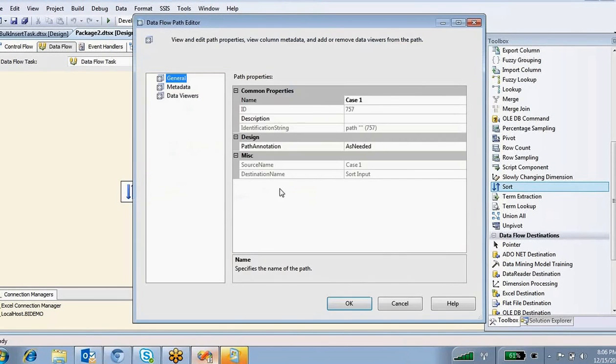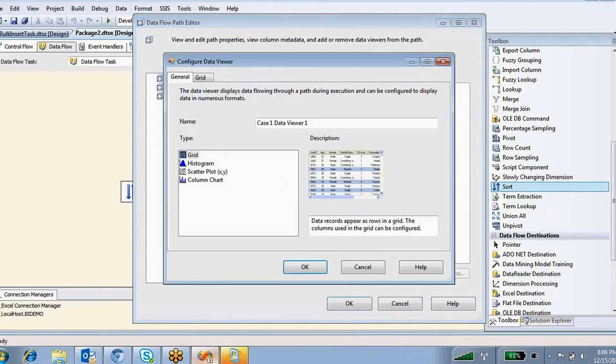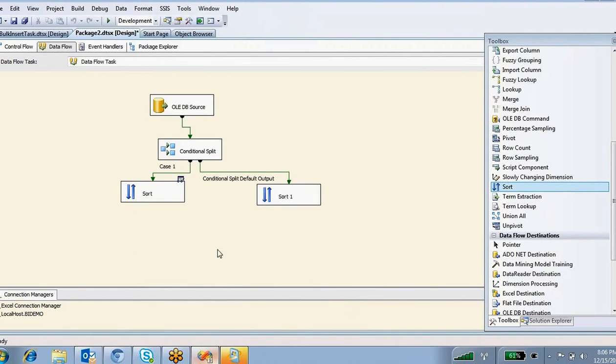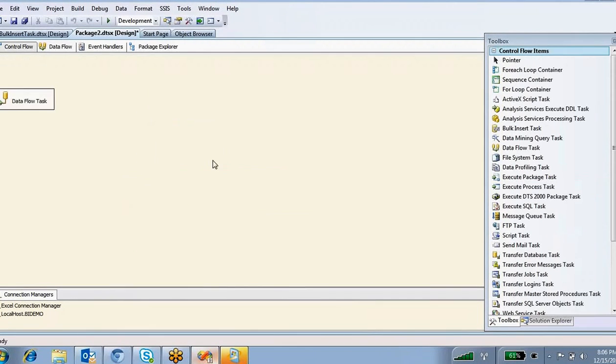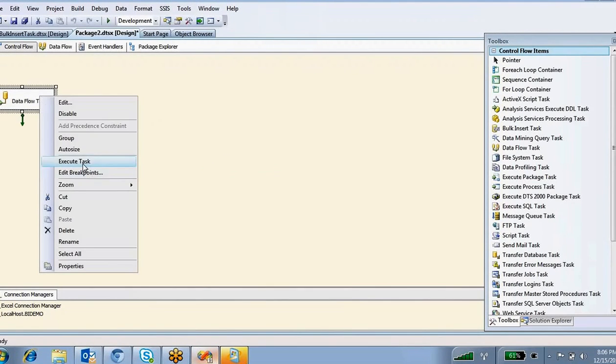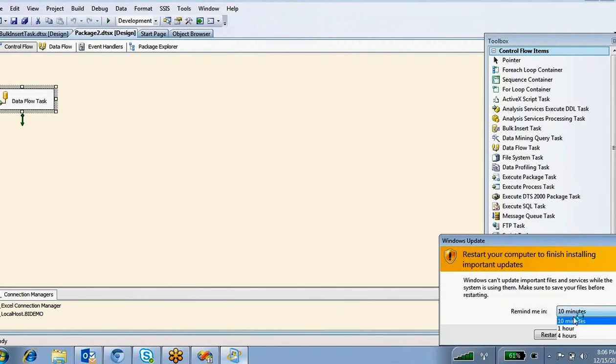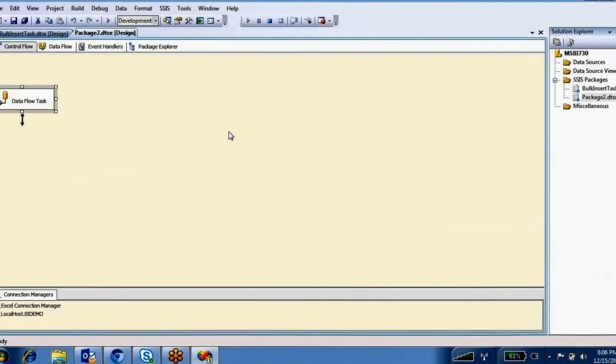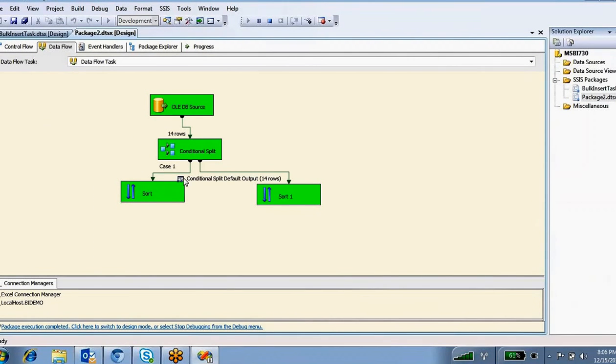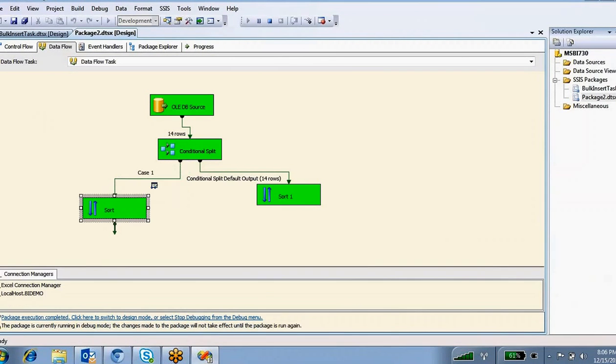So now I'm going to put a data viewer here and execute this one. See, why is it not taking even a single row? Something is wrong in the expression value we have written.